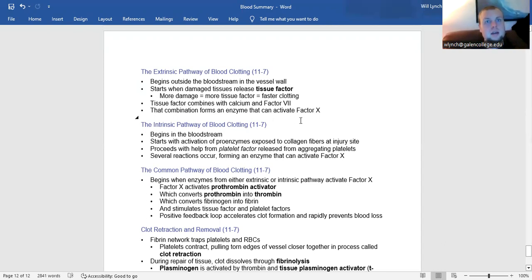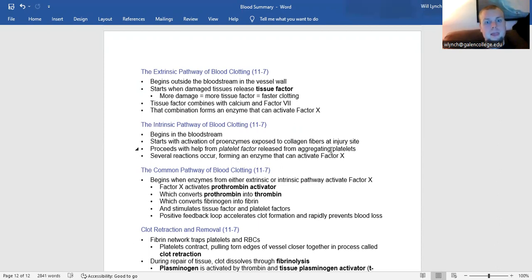It can particularly happen if we have breakage of a blood vessel due to aneurysm, or if we have plaque buildup from arteriosclerosis, cholesterol buildup on the walls of the arteries and veins. It's going to begin in the bloodstream. It starts with the activation of a proenzyme that's going to be exposed to collagen fibers. It's going to proceed to help form what we call platelet factor. And that is going to continue to be secreted from platelets and continue to aggregate more platelets as they come